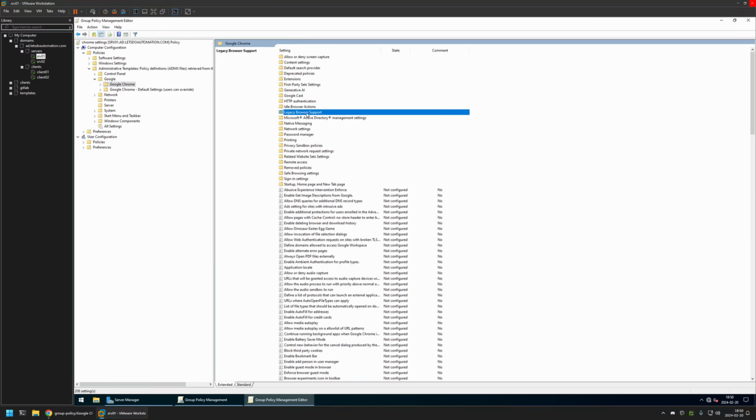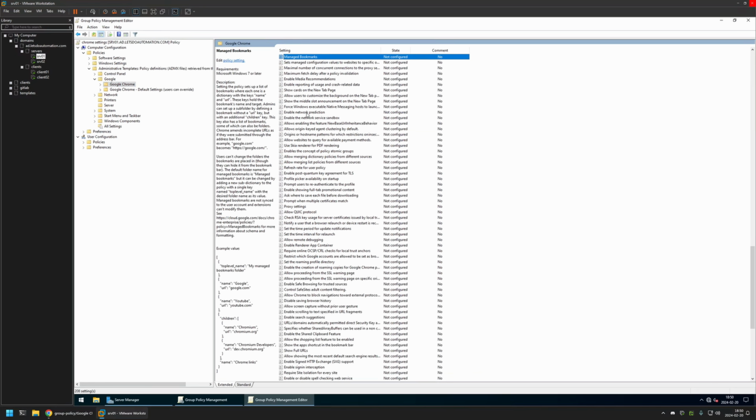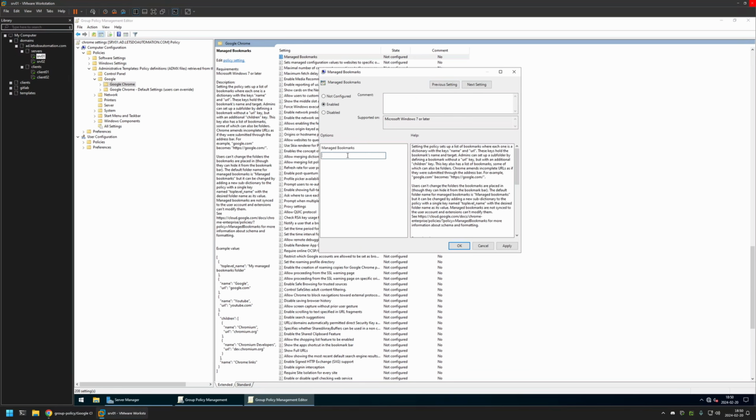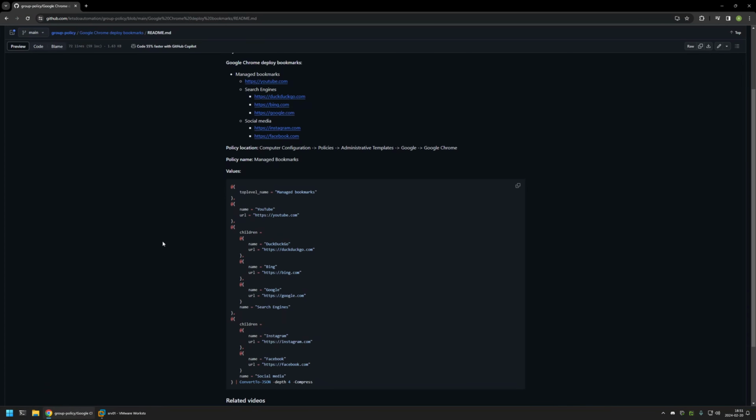And then I will click anywhere and type Manage Bookmarks. And here we have the setting right here. I will click on it. Then I will enable the setting. And here we need to provide a JSON object with all the information about the bookmarks that we want to deploy. And for that I will go back to my GitHub page,